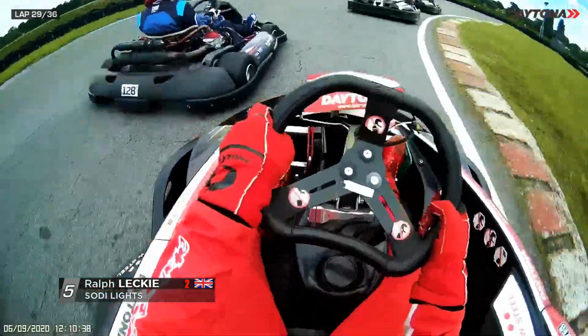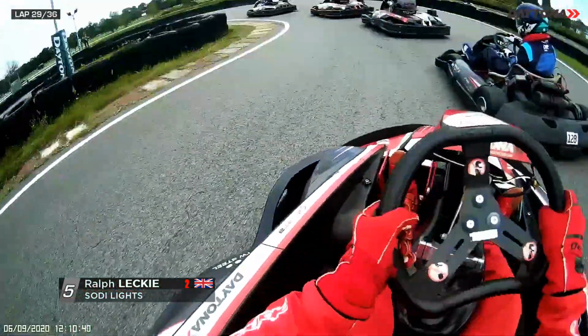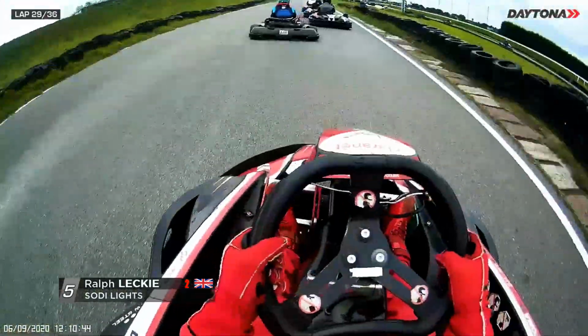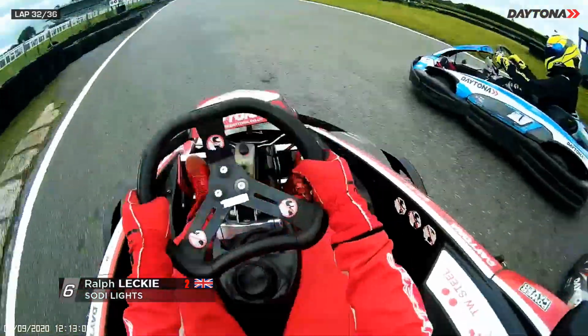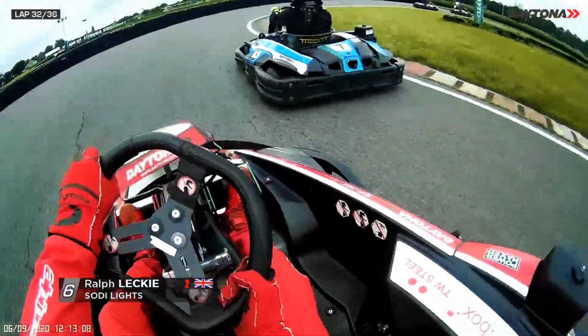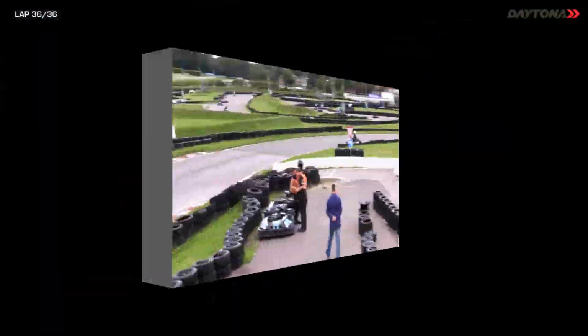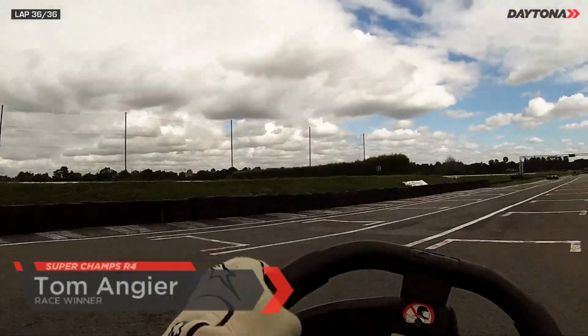Oh, very nicely handled. In fact, getting up the inside of another opponent to get through at the same time. I think it was a back marker he just took on there. So that was nicely done on Sonny Elston. Elston coming back at him, though. Elston's trying to come back through. So Elston is there in position, very nicely handled, but it's Tom Angier who comes out of the final turn,